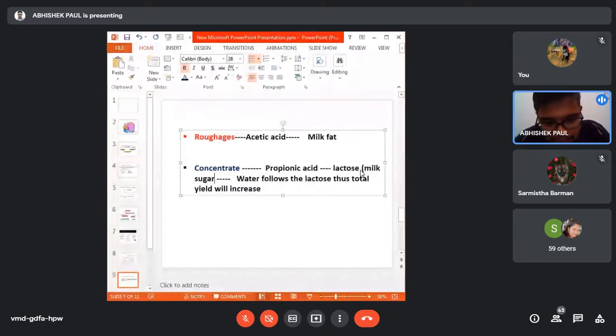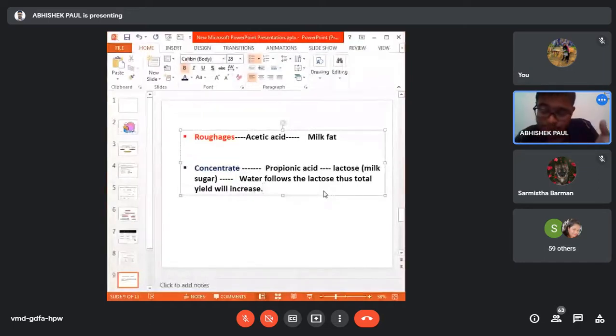And water from the body always follows the direction of the flow of the lactose, because this is a major osmolarity product, which balances the osmolarity of both sides. If that portion is not clear, I'll try to explain it in the next class with some pictures. But for the time being, try to remember that the direction of the water always follows the direction of the sugar, that is lactose.